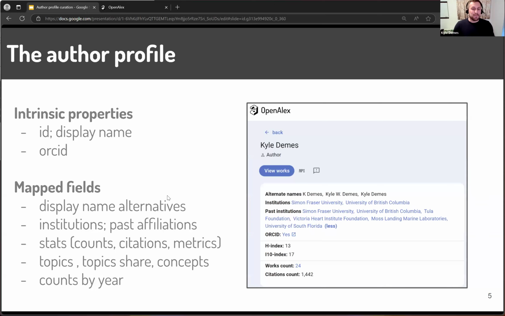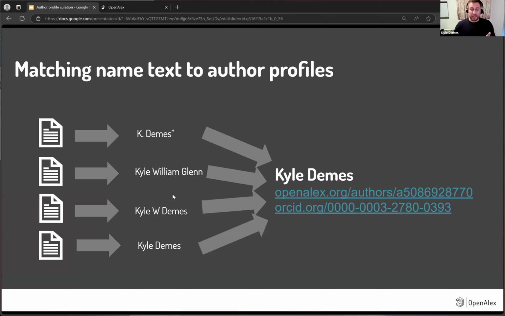But first, the way that we're doing this is very similar to affiliations, which I've talked about in the past. We take name text from these publications and then try and link it to known entities. So here's 4 examples of name variants of my name that I've published under: K. Demas, Kyle William Glenn, Kyle W. Demas, and Kyle Demas. And then our process of disambiguation tries to figure out all these different ways that those names can appear in the text of publications, and then relate them to a known entity that is the Kyle